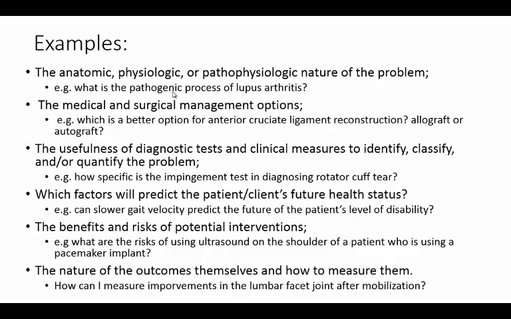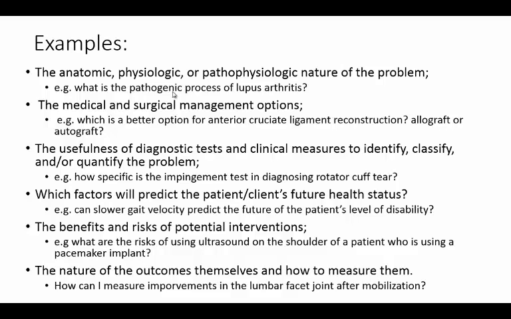You also might have a question about outcomes. Remember, outcomes are the end results. So how can I measure the end results? For example, for this question, how can I measure improvement in lumbar facet joint after mobilization? So you did an anterior posterior mobilization, for example, for the facet joints of the lumbar region. How can you know if the patient is getting better or not? What can you measure? So these are questions that might arise in the clinic, and you might want to know the answer to one of these questions